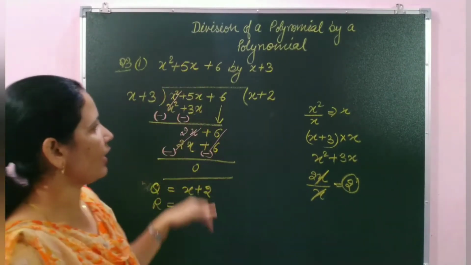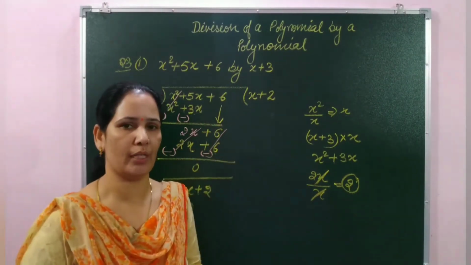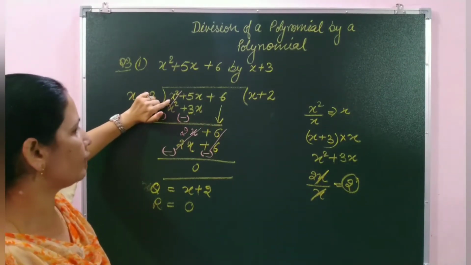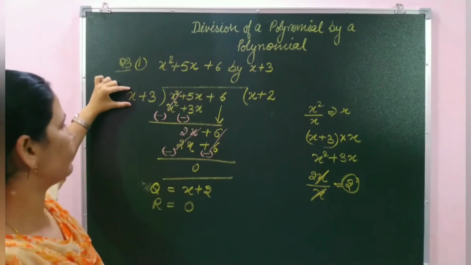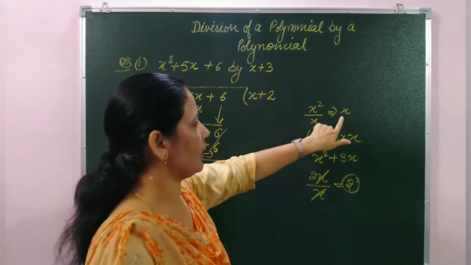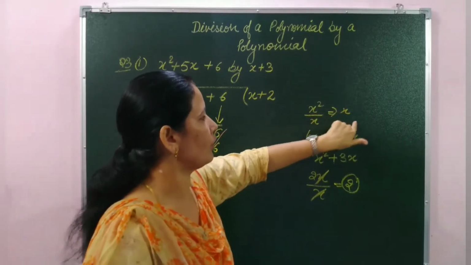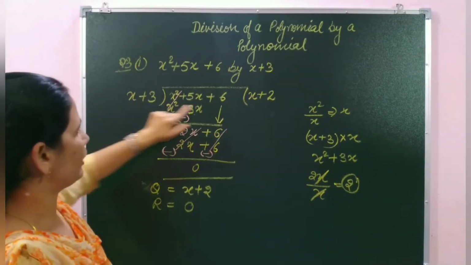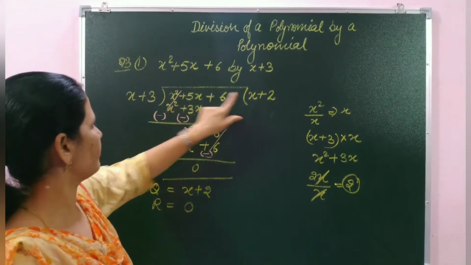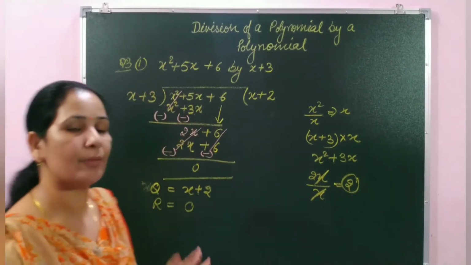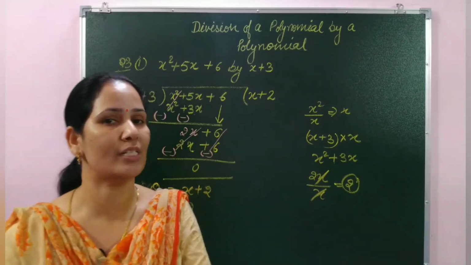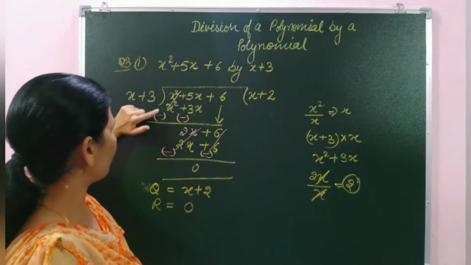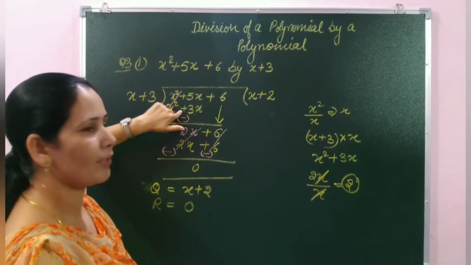Okay students, in this way we have to divide a polynomial by a polynomial. I repeat again. First you have to observe the first term of the dividend, that is x square, and divide it by the first term of the divisor. When we divide, we get the answer x, and we multiply by this number only, and write this number on the quotient side. Then x multiplied by x is x square, x multiplied by 3 is 3x. Now we change the sign, because as we know very well, when we subtract two algebraic expressions, we have to change the sign. So plus converts to minus, and plus to minus.